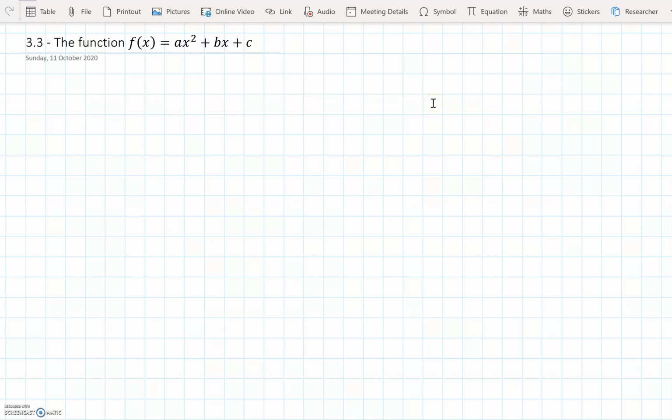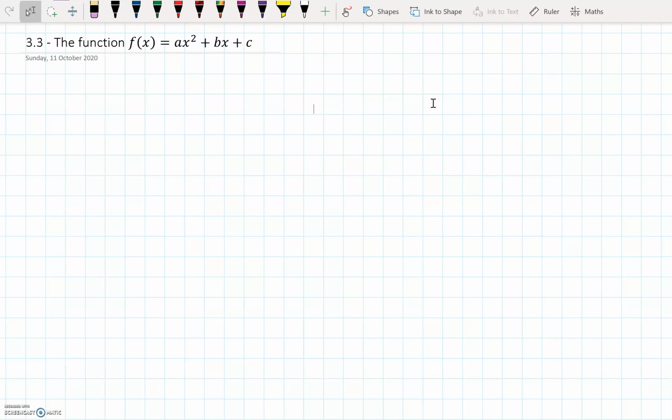Okay, today we're going to look at formulas in the form of f(x) = ax² + bx + c. And you guys know that this formula gives us a parabola, okay? But some of the information in the parabola is shown in the formula. And what we're going to start by talking about is a, okay? So this a here. All right, and you have done this already last year, but it will help you just